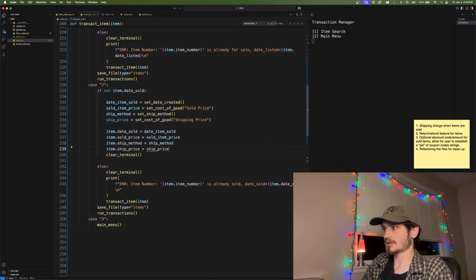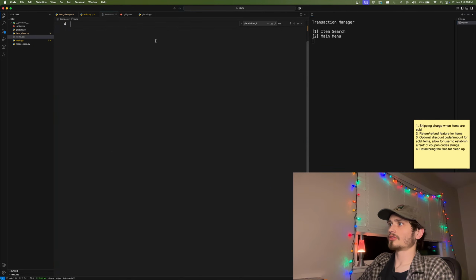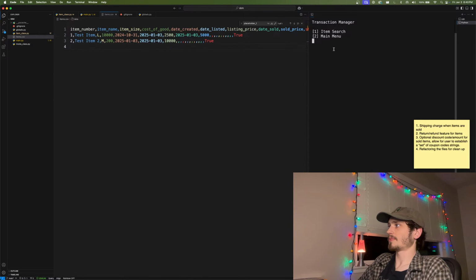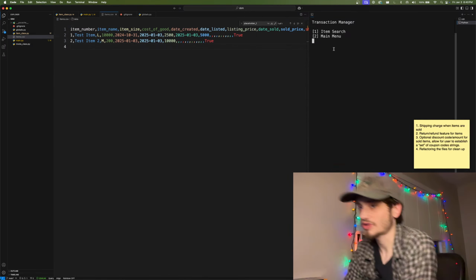So ship price. So now you should see this get filled in for ship method and price for both of these items. I will need to make a new item, or just remove the date listed, or sorry, the sold price and this date sold,